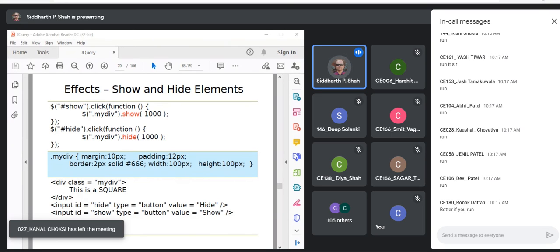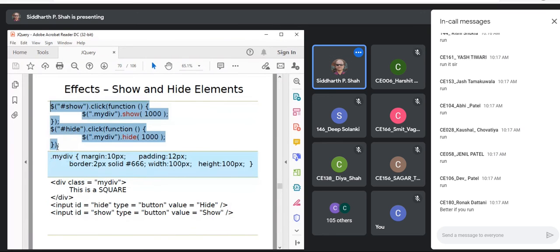Okay, I have opened an online editor from W3Schools and let me copy this code there. Is my screen visible? Okay, just a moment.